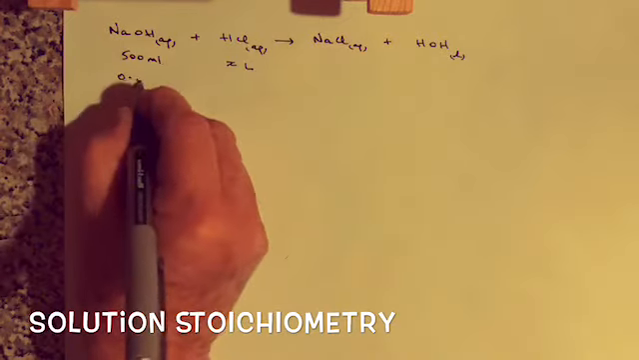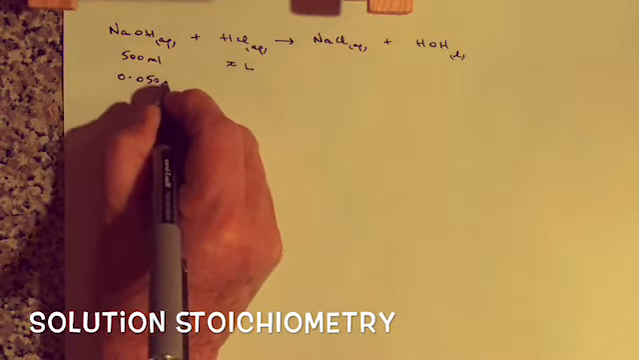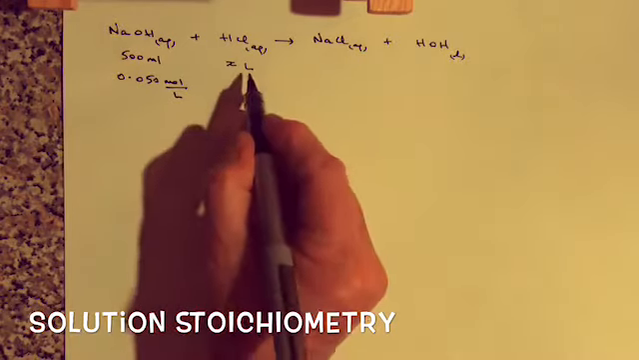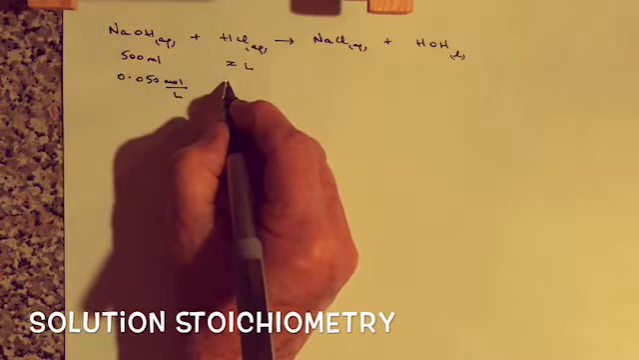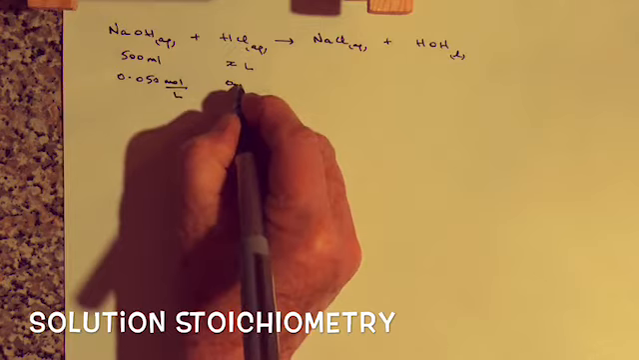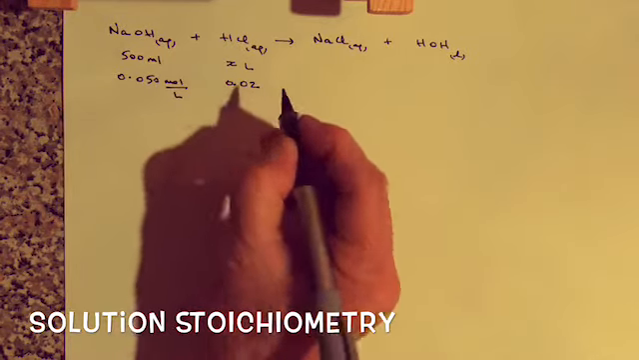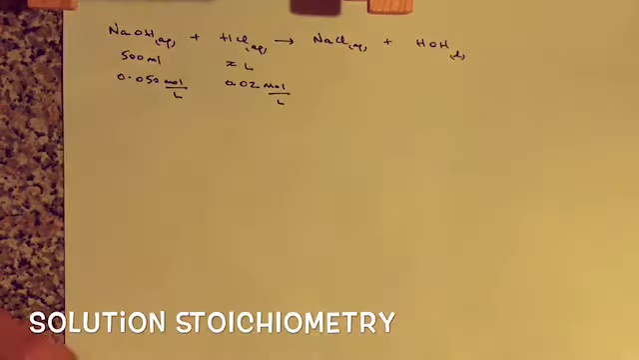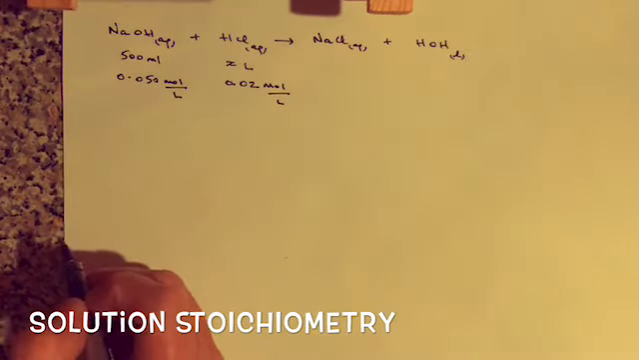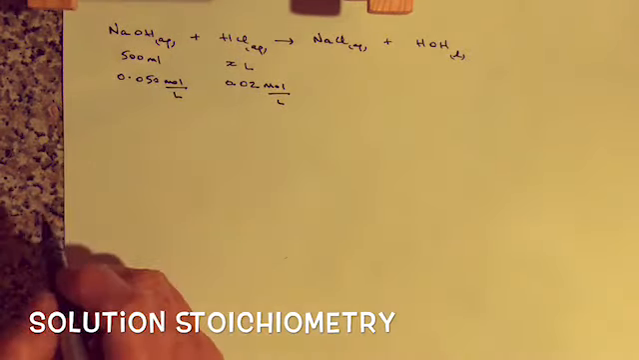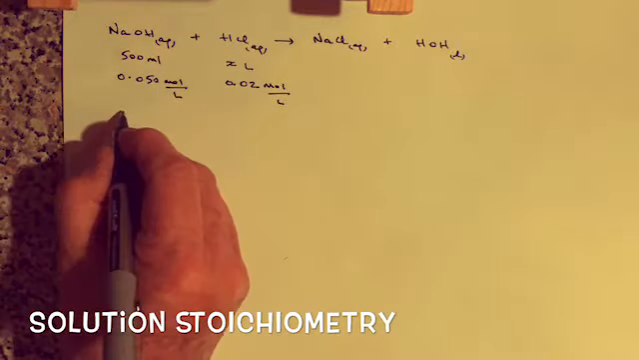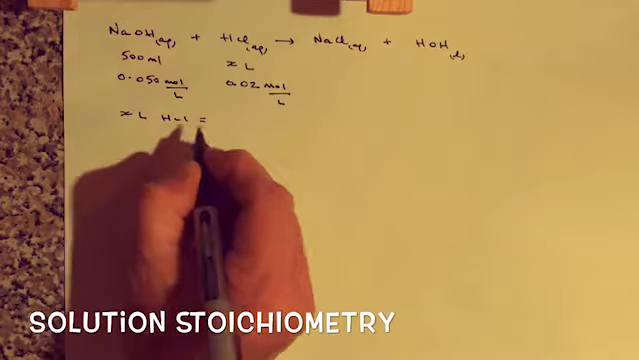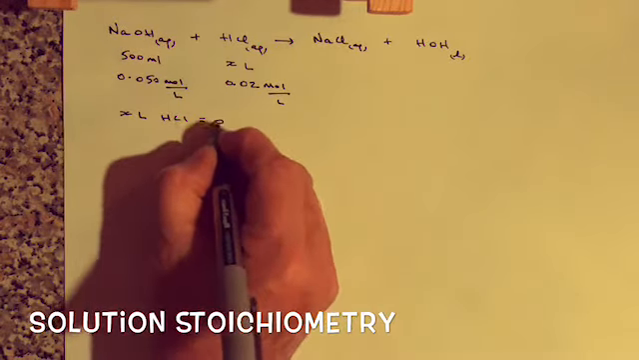Let's say this one is 0.050 moles per liter. That's the standard unit for concentration. And over here we have, let's do a nice easy one, 0.02 moles per liter. Okay, so that's all the information given in the question. We're actually trying to find out how many liters of HCl it'll take to completely neutralize 0.5